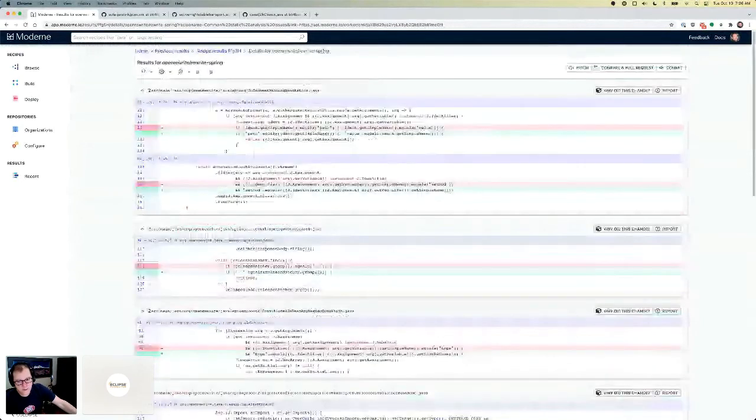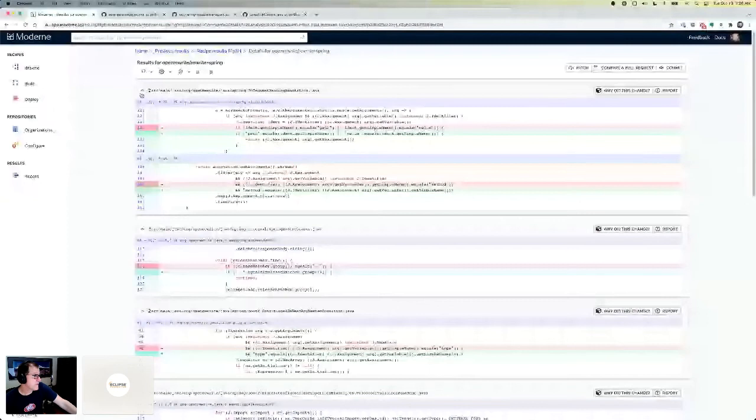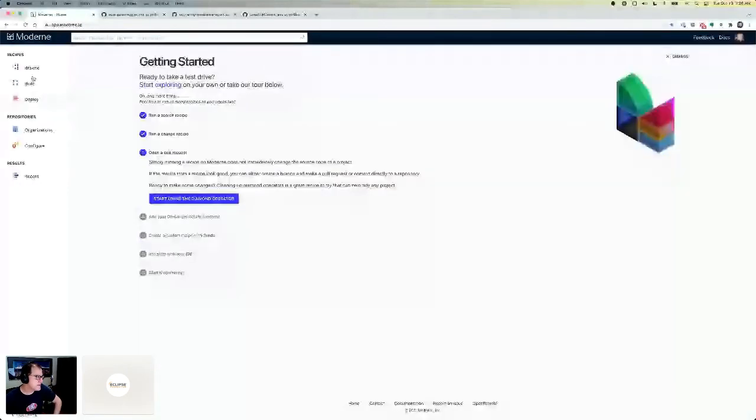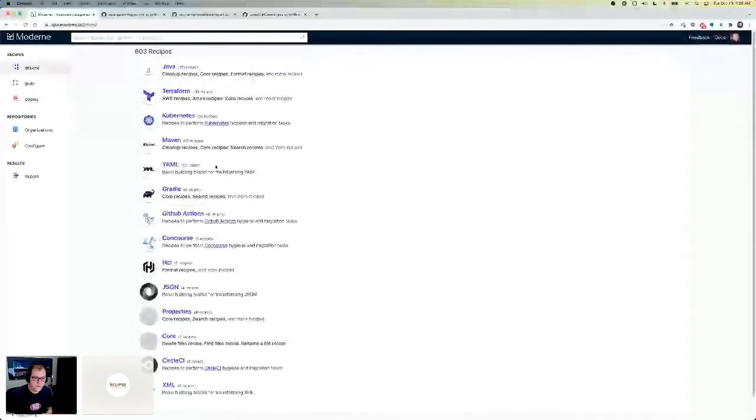So if there's something here that isn't covered, we would love to hear from users in terms of what we're missing. So, okay, that's I guess the first peek into a little more complex code transformation.